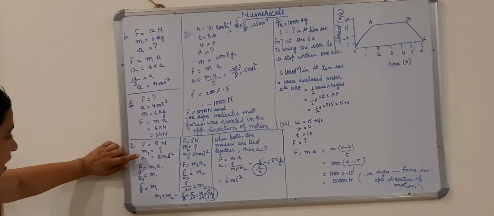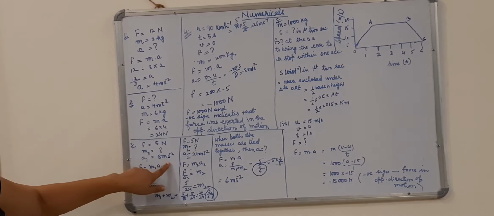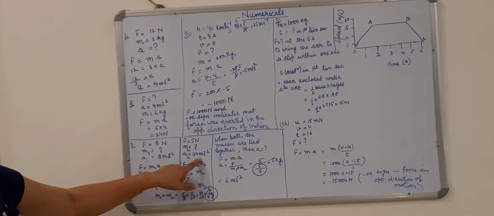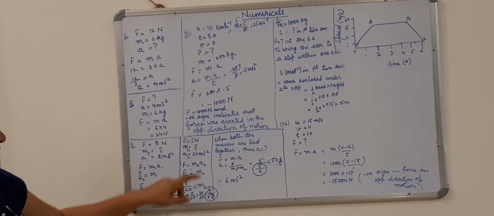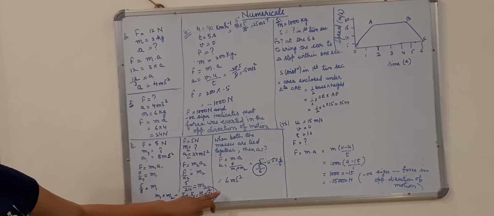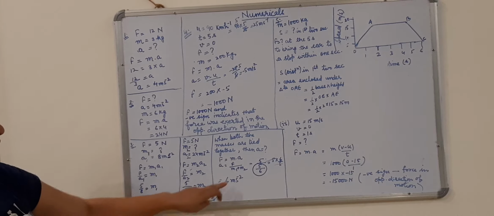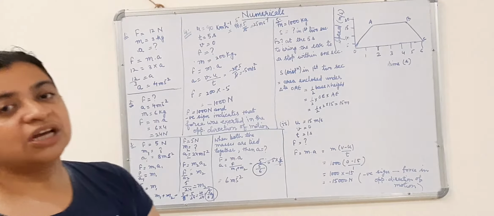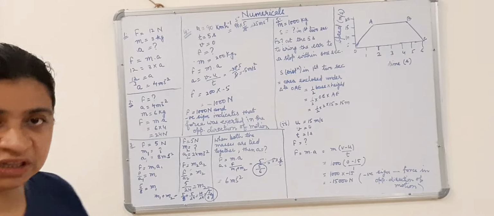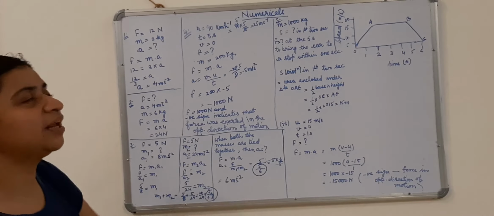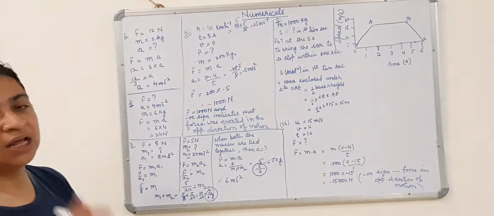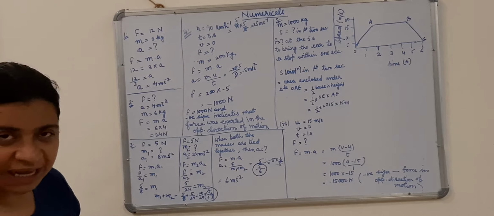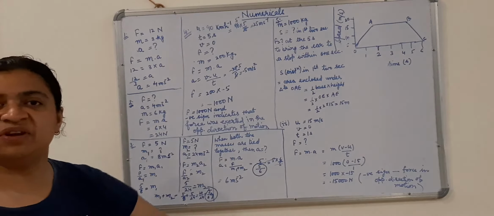If the mass was M1, in that case acceleration was 8 meter per second square. If the mass was M2, then acceleration was 24 meter per second square. If the masses were together, the mass was 5 upon 6 kg, and the acceleration produced was 6 meter per second square. This is using the same formula, children; we are solving the numericals here. It's quite easy. These numericals are all based on Newton's second law of motion. The mathematical expression for Newton's second law of motion is F is equal to m into A. We are using the same formula in every numerical here.